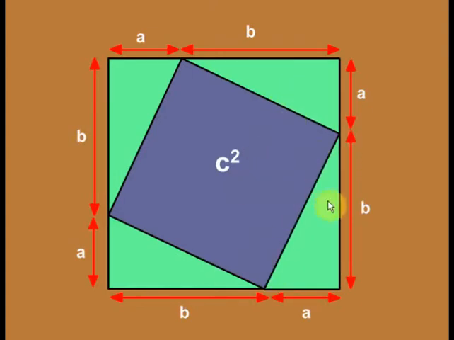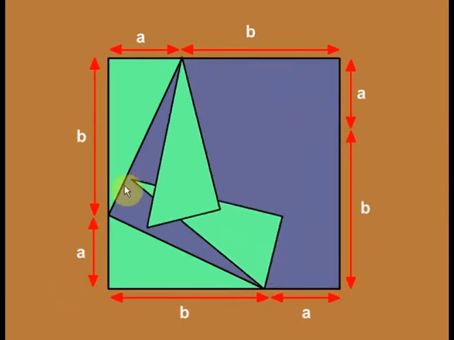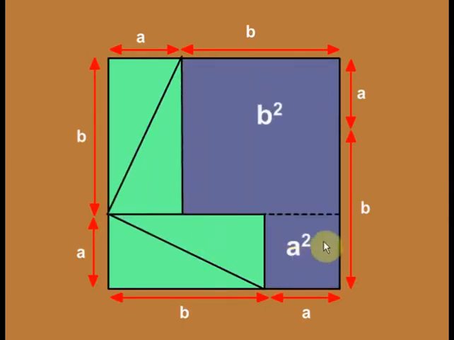Now we rotate these two triangles in such a way that this comes to this side and this comes to this side, and thus this is equal to A and this is again a square, so this area is equal to A square and this area is equal to B square. But this entire area is actually the area of the square. So A square plus B square would be equal to C square, and this is actually a proof of Pythagoras theorem.